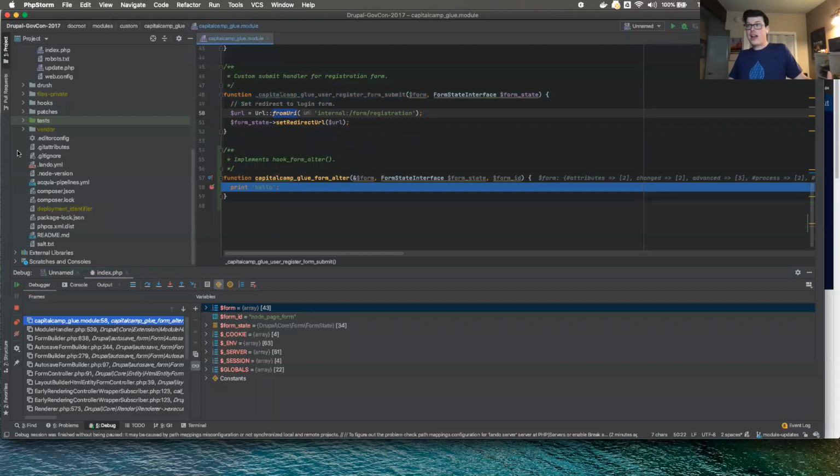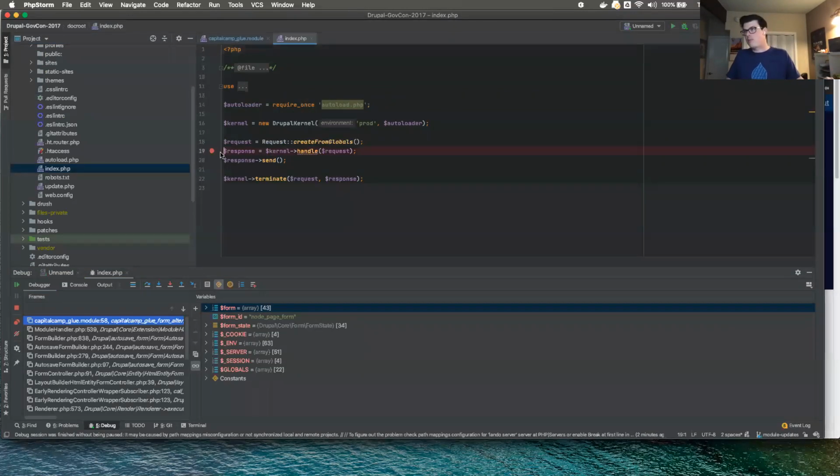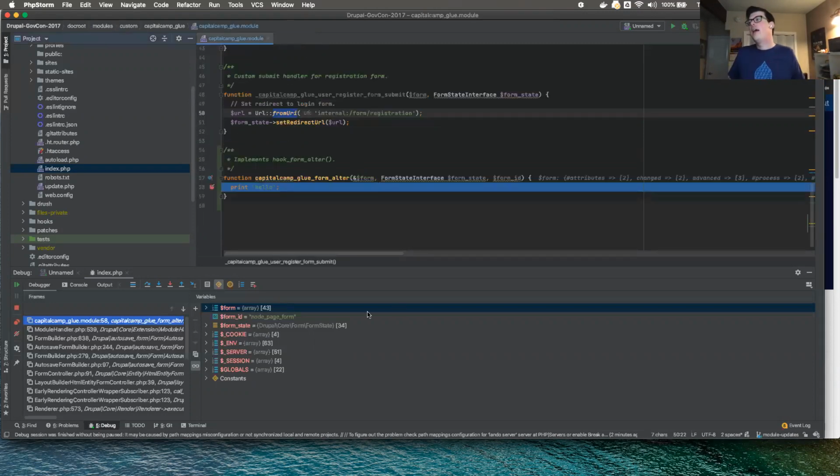If you so desire, you could go into the Drupal doc root into index.php and stick a breakpoint on one of these kernel requests or high-level requests that basically make Drupal work. You could literally step through every single process that Drupal runs on your application. I don't know why you'd want to. That would take a while, but you could.